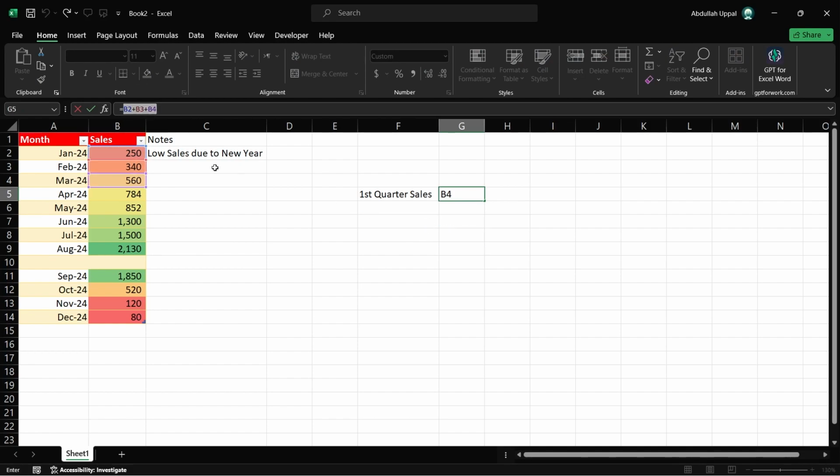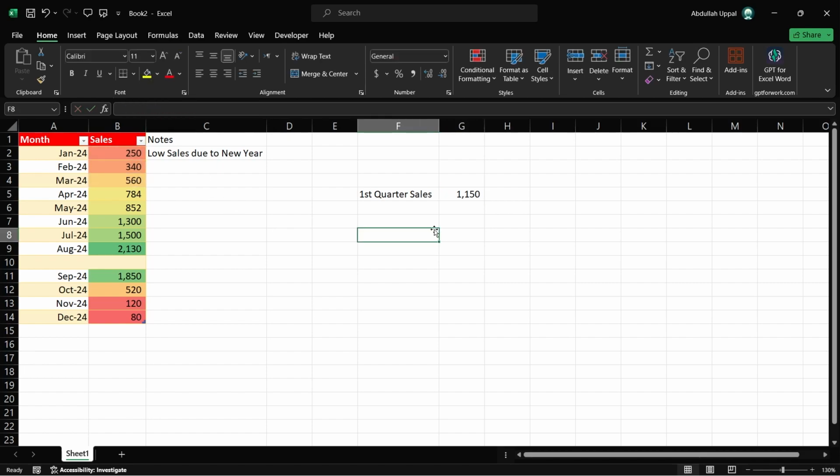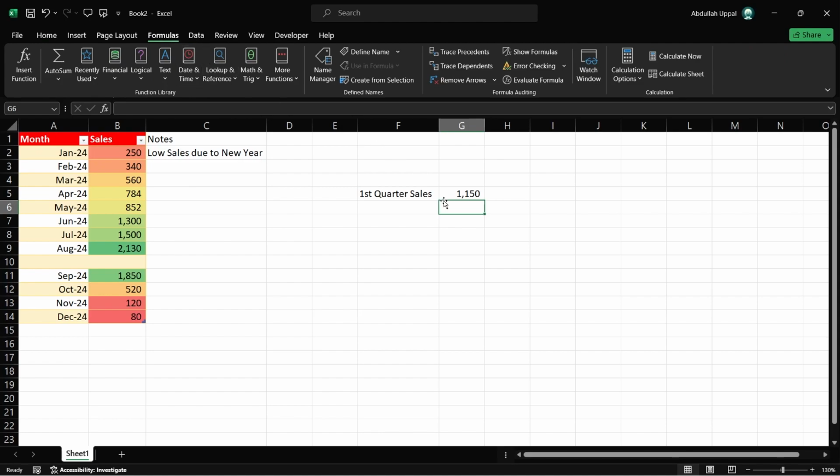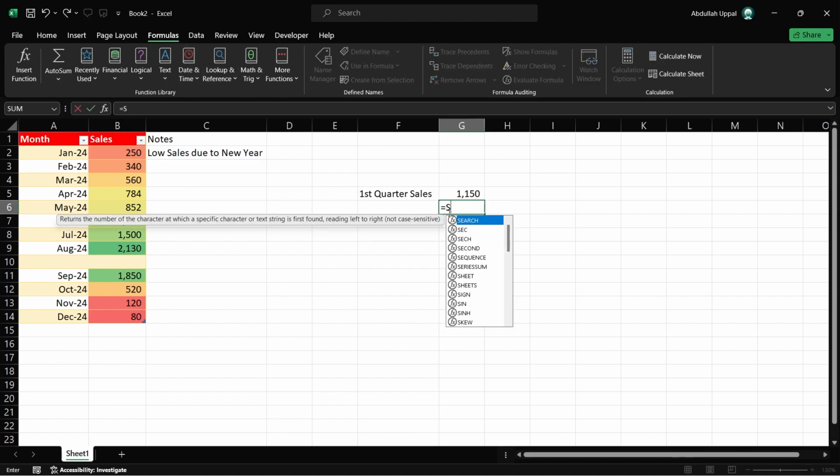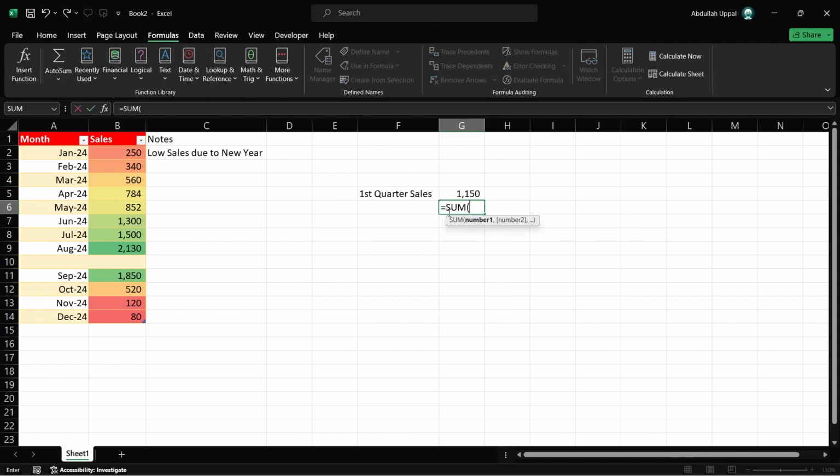However, to streamline this process, Excel offers a range of built-in functions, like the sum function, which is particularly useful for quickly totaling a series of values. Instead of manually adding each cell, you can use the sum function. Enter equals SUM(B2:B4) into a cell, and Excel will compute the total of cells B2 through B4. This method is not only faster, but reduces the chance of errors that might occur when